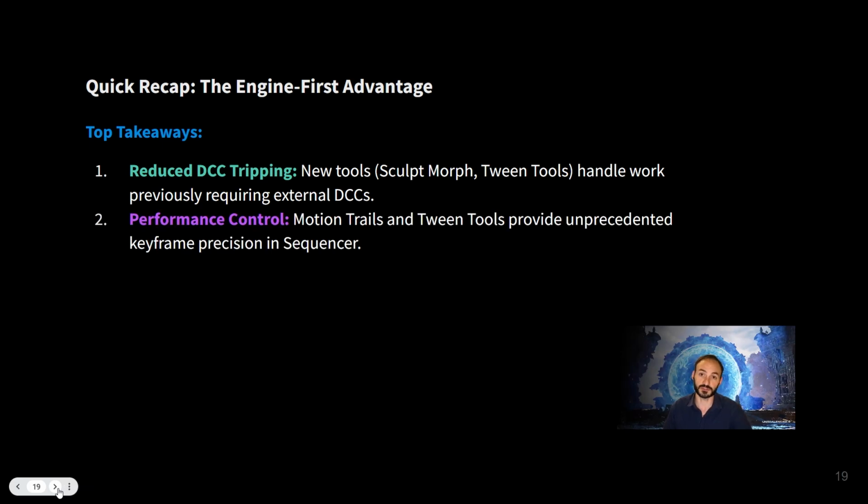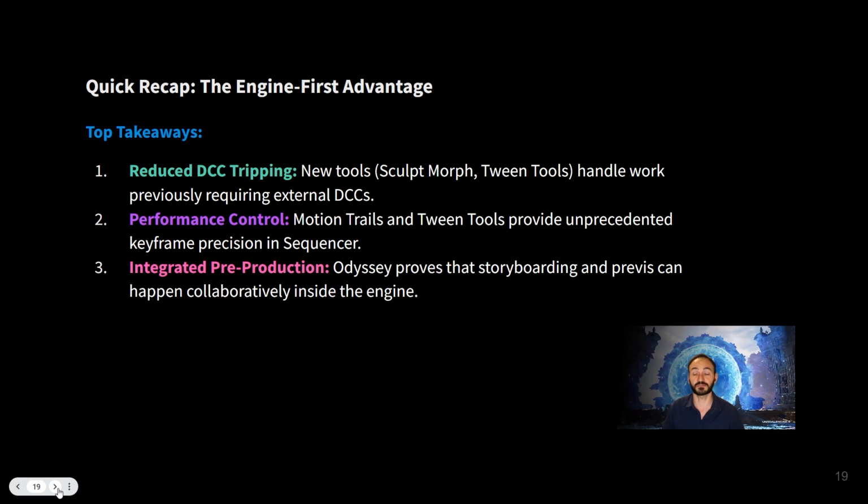The performance control is also another important factor here. The motion trails and Tween tools provide unprecedented keyframe precision in Sequencer, and the integrated pre-production, thanks to the Odyssey plugin, proves that storyboarding and previs can happen collaboratively inside the engine.